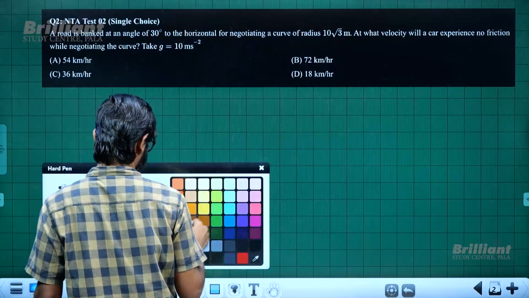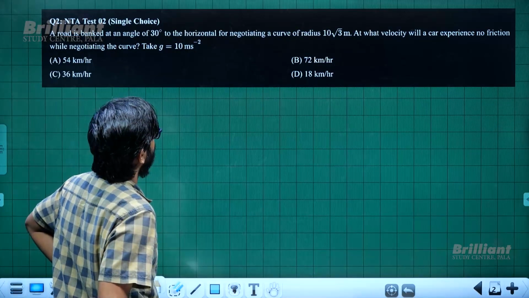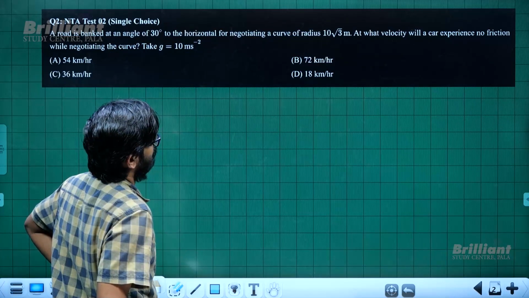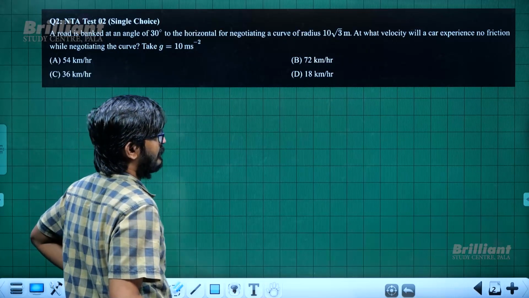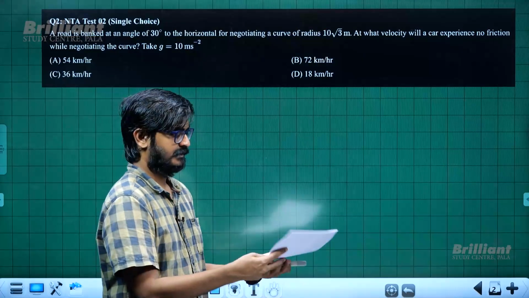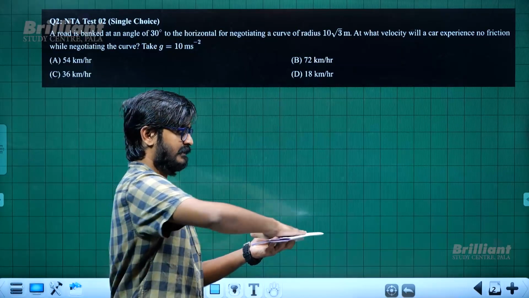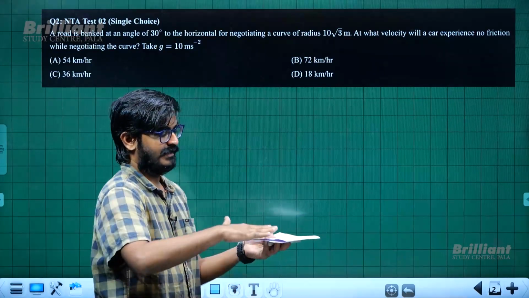Going to the next question. The road is banked at an angle 30 degrees to the horizontal for negotiating a curve of radius. See, now what is going to happen is, generally, if this is the road, if the car is going this way, then it's fine. But if the car is taking a turn,